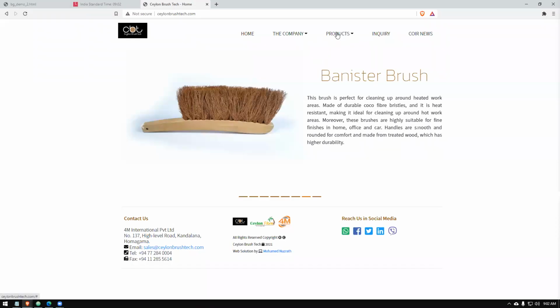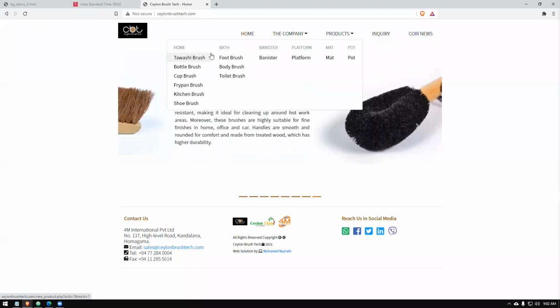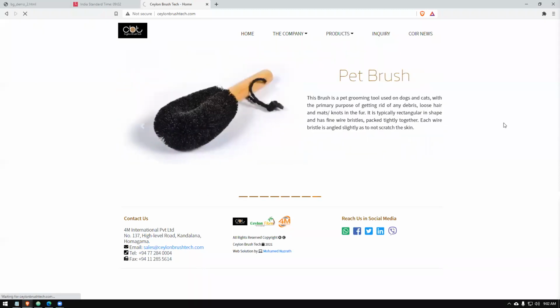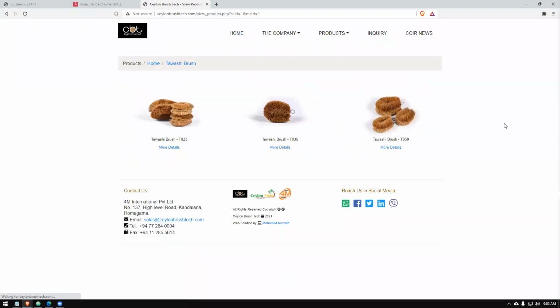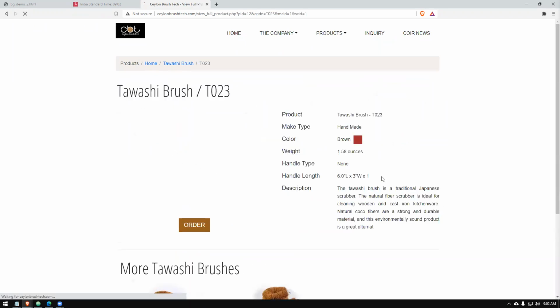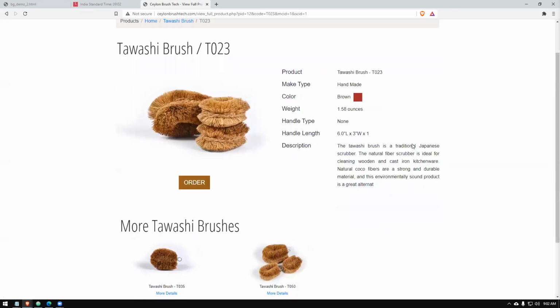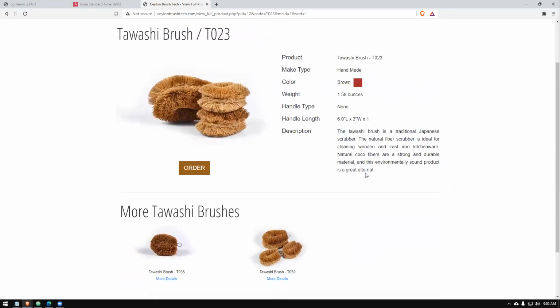The other pages also, like if you go to a product page, you have pictures, but not only pictures, you are having text. See, you are having text. So different types of text, the footer also there. If you go for more details, then again, along with the picture, more details with text. That's what I'm talking about. This is with more text.